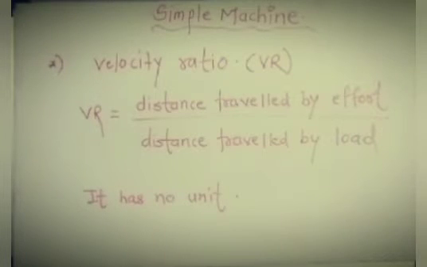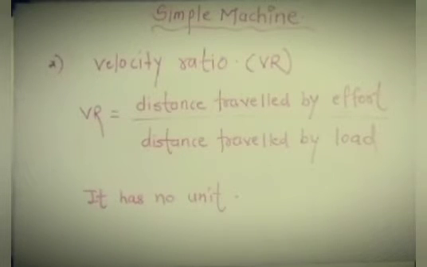On one pan the load will be lifted, and on the other pan the effort is applied. So whenever there is a certain application of effort or lifting of load, those 2 points will move. So for analyzing that motion, that mechanism, there is one term, that is velocity ratio,